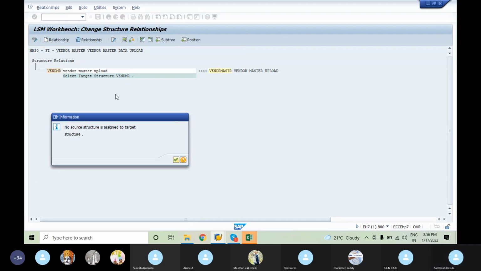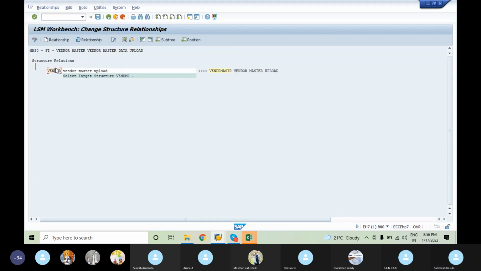Just select it and click on create relationship. Automatically it got created. So that gets created automatically, but just to show you, I deleted it and created it again.